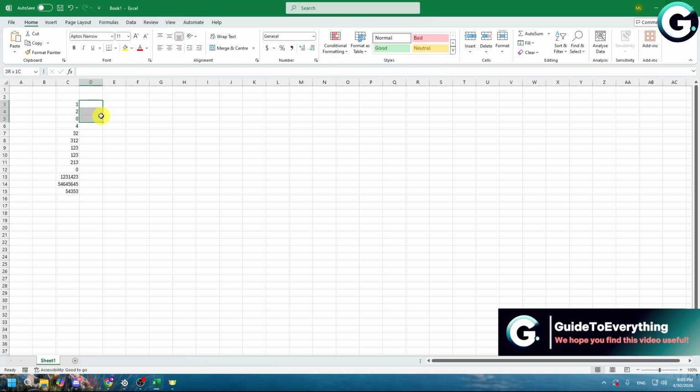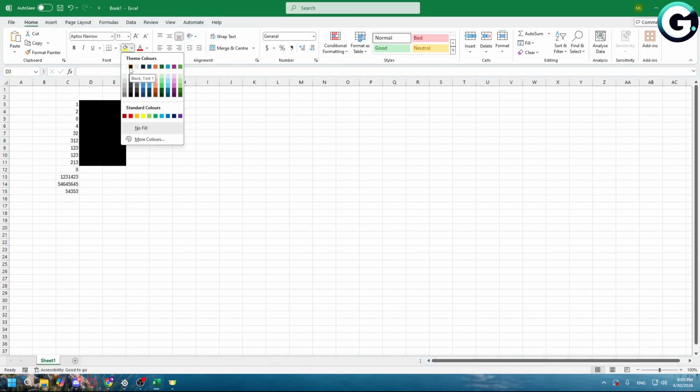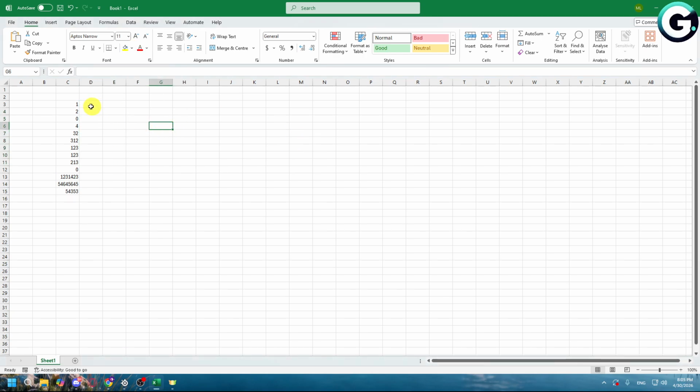So you can do that in a manual way: just drag your mouse while holding left click, go right here to the bucket, and choose the black color. And if you want to automate the process, what you can do is select all the cells that you're